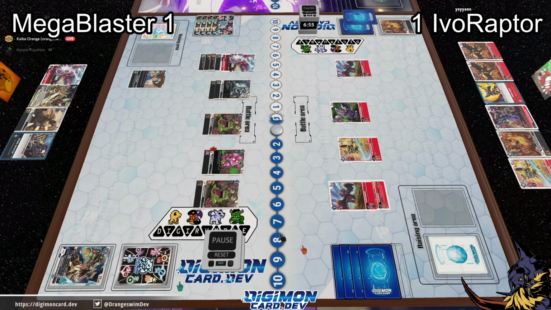What is going on? I think they're arguing about the memory. I mean, you can Digivolve. Right, we do have a judge in the room. They're clearly hovering over Chumon, so...